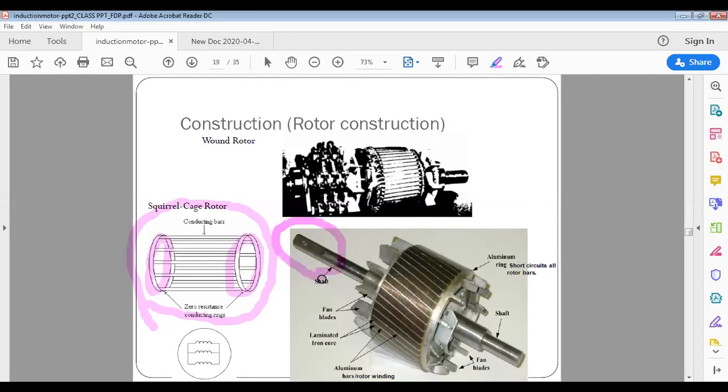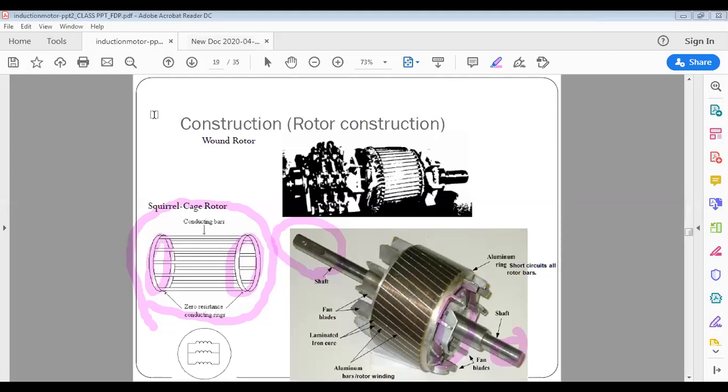So here it's a shaft. Same, it is a squirrel cage rotor. Fan is wound on it. Then the slots you observe, are they parallel to the shaft axis or are the slots slightly skewed to the axis of the shaft? Yes, squirrel cage rotor, all of you observe and tell me. The rotor core is slotted on its outer periphery. In the slots, bars are there. Now observe the slots and tell me, are these slots parallel to the shaft axis or slightly skewed?